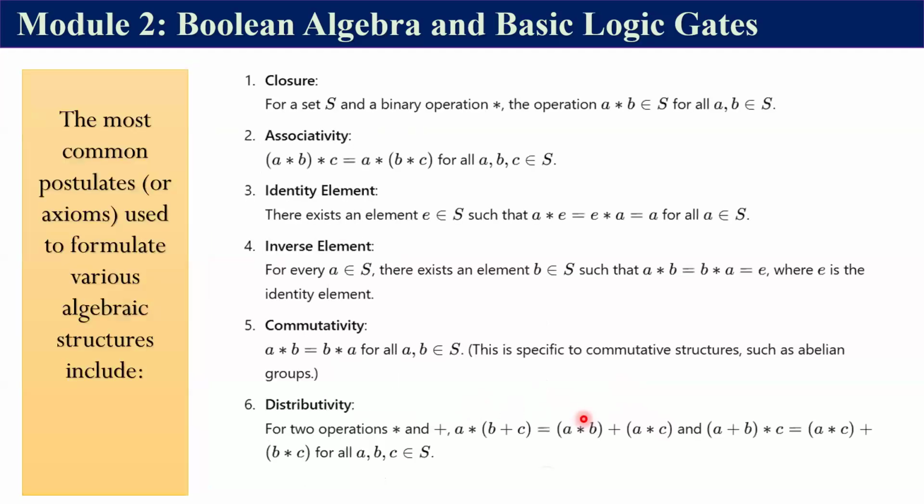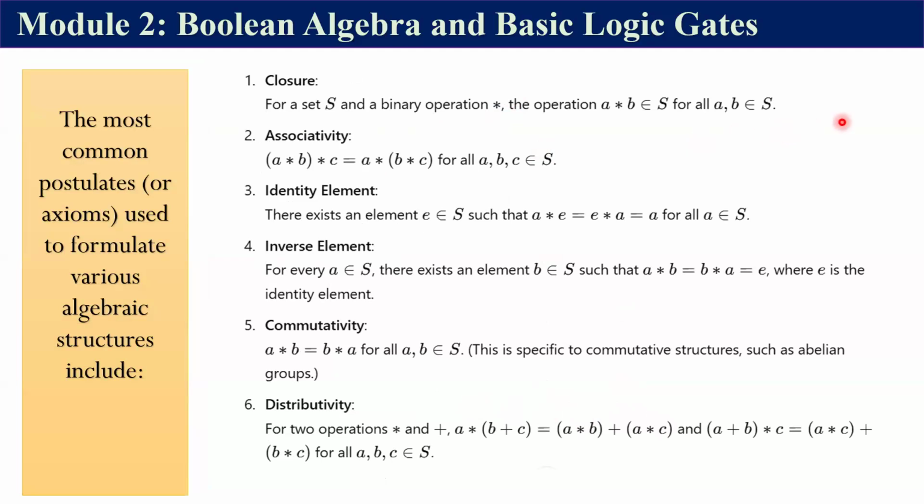Now, look at it. I'm looking at the most common axioms, or basically the postulates of the algebraic structures. And then we have about 6 of them that I've just listed here, 6 of them exactly. And I'm going to just draw your attention to them and explain them as basic as I can in the next few minutes. Now we have the closure,